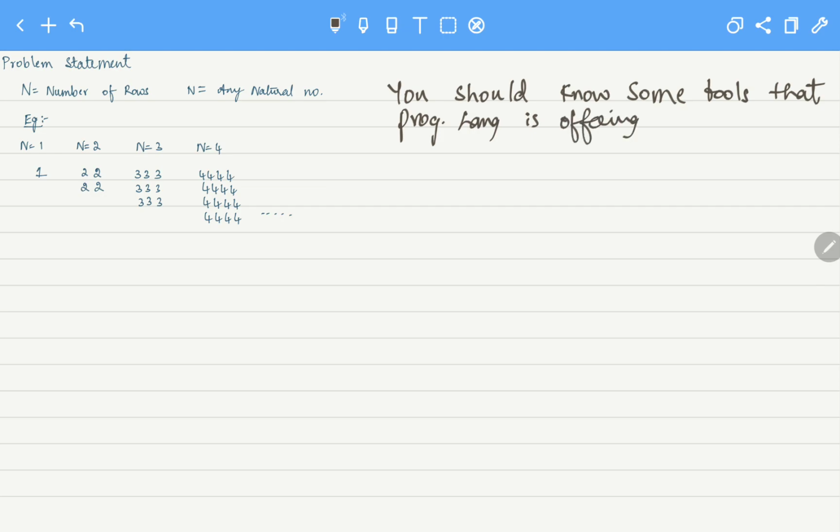For example, programming languages have the concepts of variables, and what else we have, printf to print on the screen, scanf to scan on the screen,